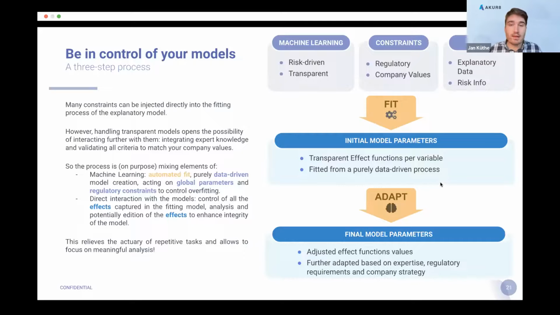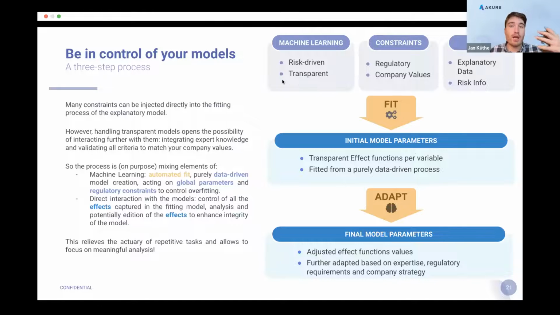So let me summarize what I've mentioned. We want to answer our initial questions on how to use machine learning in a highly regulated market by a three-step approach, where you have your data, the information about your customers.